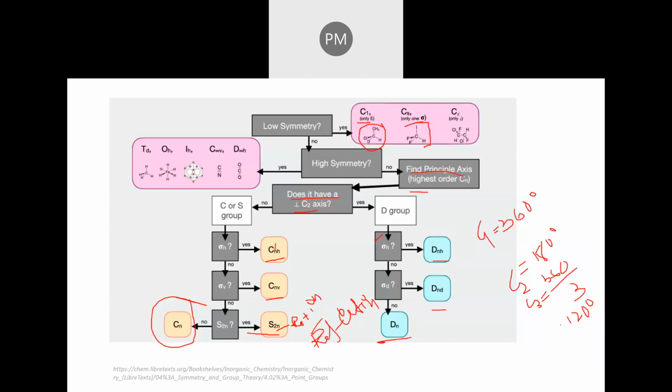Also, if an improper axis is present, then it will be a symmetric molecule. If no improper axis is present, then it will be an asymmetric molecule, and an asymmetric molecule is generally chiral. So we can say that a symmetric molecule is never chiral,